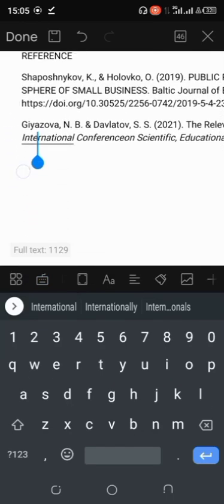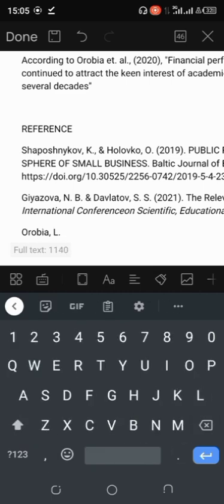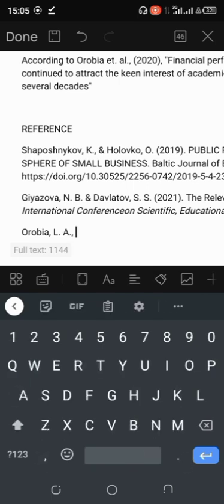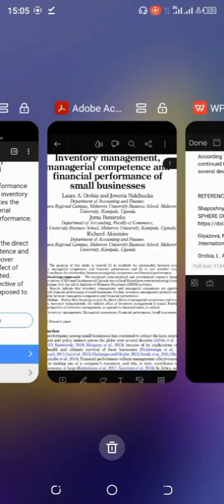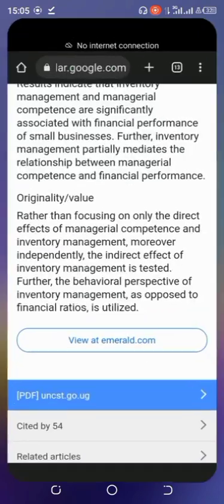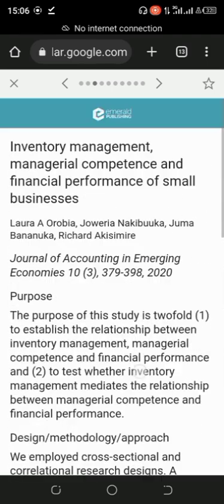Orobia, comma, capital letter L, then A, full stop, comma, then I can get directly from here. Okay, Orobia LA, then